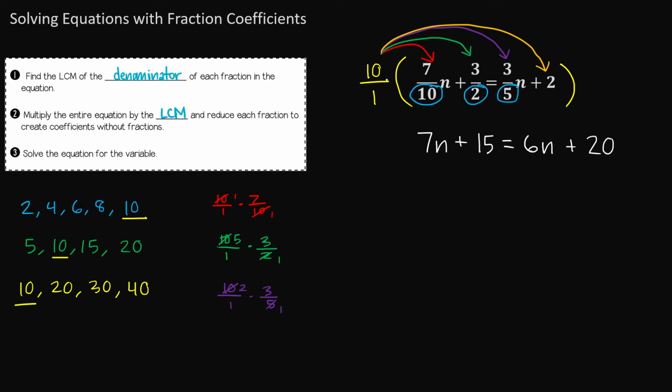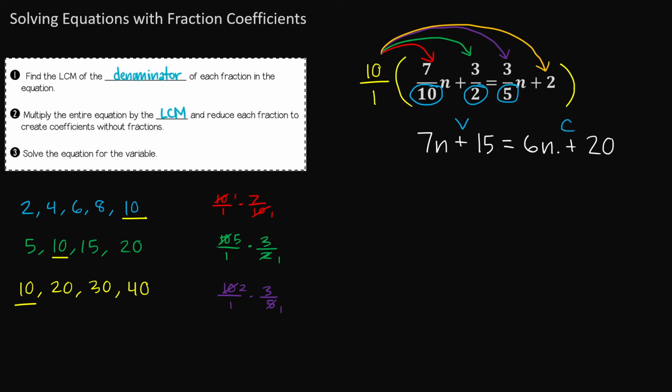Okay, so pretty much what we did here is we distributed 10, multiplied every term in here by 10. Here is the equation. It is the exact same equation as the one with all the fractions, just much simpler to solve. So let's go ahead and solve this. We want to make sure that we have variables on one side of the equation and constants on the other to solve. So I'll put variables on the left side of the equation, constants on the right,